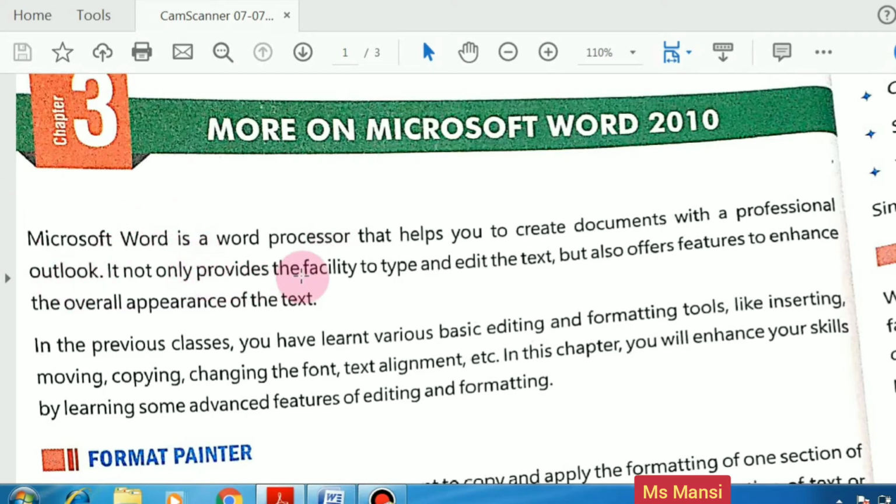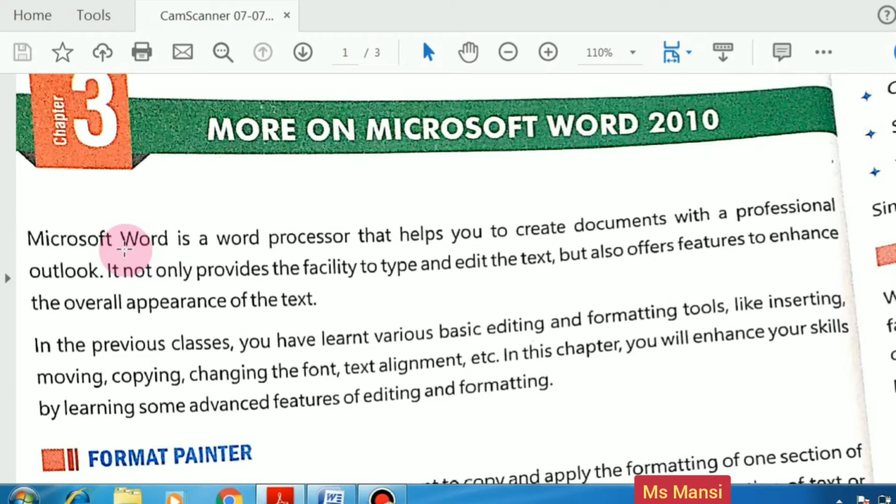It not only provides the facility to type and edit the text, but also offers features to enhance the overall appearance of the text. So what we learned in this paragraph is that Microsoft Word is a word processor.